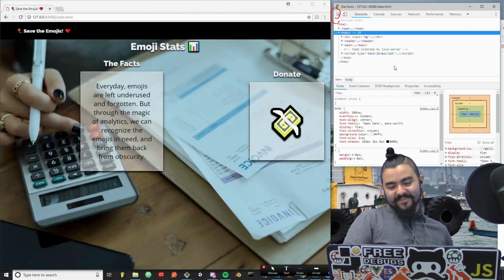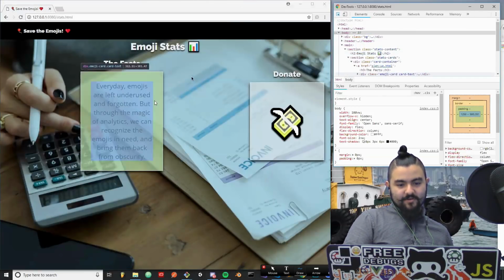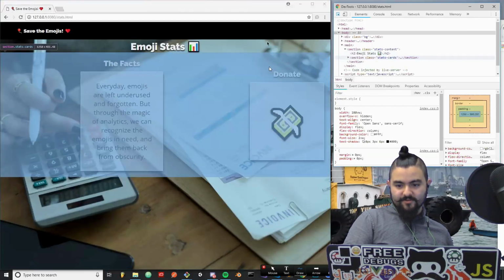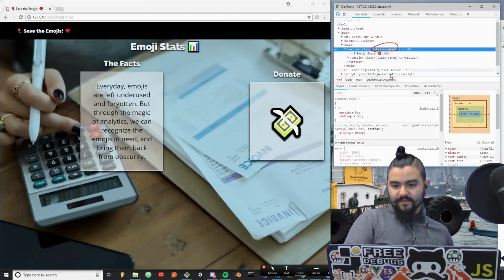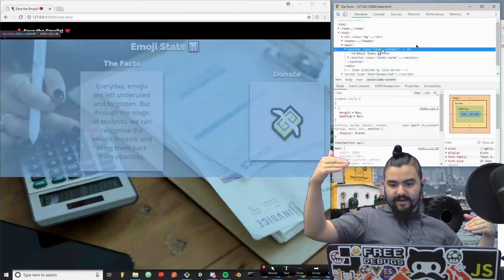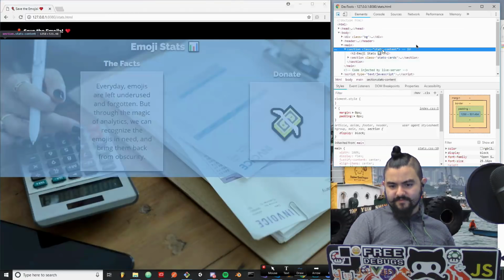Click on elements, click on the element selector, and then let's figure out what's happening here. Go up more. What is the parent? Okay, so that's the div card container. If you click on stats content in the element selector, we'll just hover over it. Stats content is everything, and that has a display of flex. I think actually it might not have any styles applied to it. And then if you hover over stats cards,